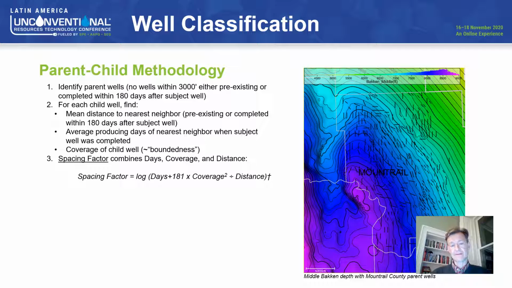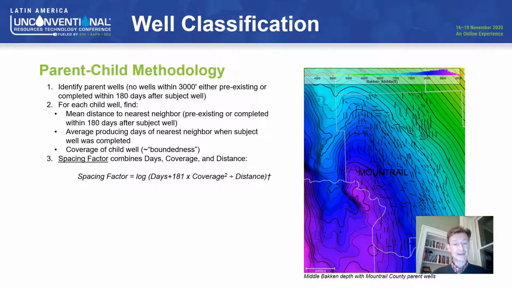And so I took my number of days, I shifted them by 181 days to account for the timing that I just talked about, multiplied them by coverage squared, that's my boundedness, and divided by distance. So a big number here means bad things, and a low number, in fact a negative number, means good things. Well, I took the log of it, and that's why I ended up with some negative numbers. At the end of the day,